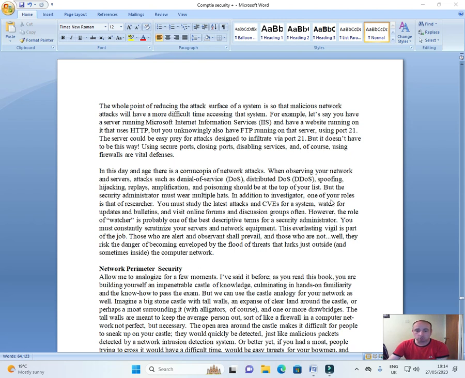One of your roles is that of researcher. You must study the latest attacks and CVEs for a system, watch for updates and bulletins, and visit online forums and discussion groups often. However, the role of watcher is probably one of the best descriptive terms for a security administrator. You must constantly